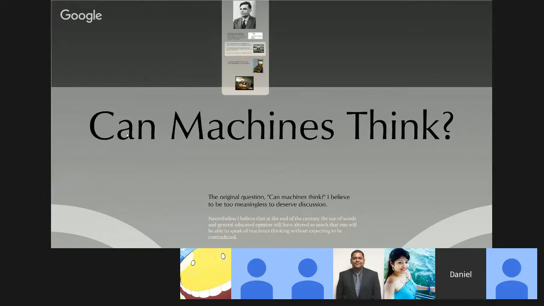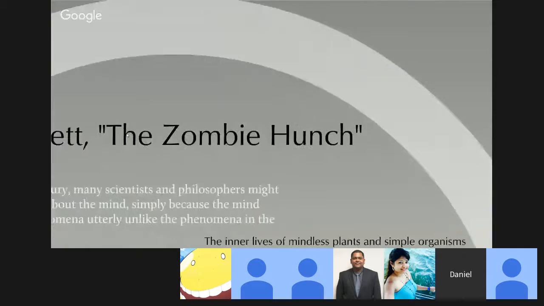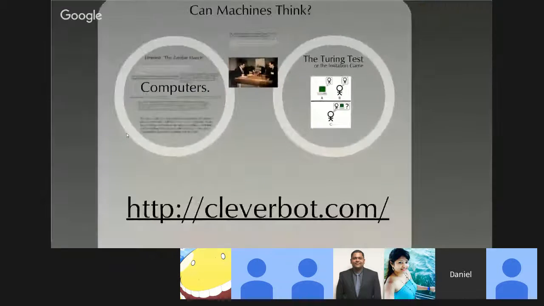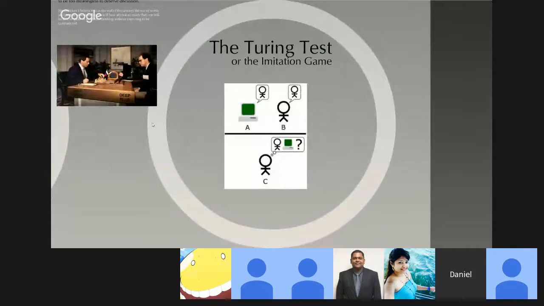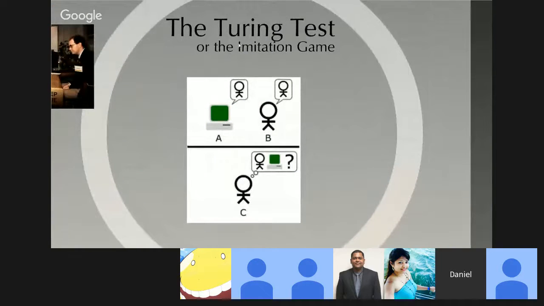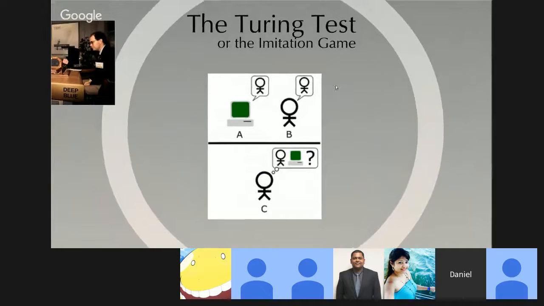So what Turing suggests instead is to replace the question, can machines think, with a different question. The question he prefers is, can machines pass the imitation game? The imitation game comes to be known as the Turing test. He didn't call it the Turing test himself, he called it the imitation game. In the original version of the imitation game, it's a woman and a man, each trying to convince a judge that they're a woman. So the woman's trying to convince the judge that she's a woman, and the man's also trying to convince the judge that he's a woman. And the idea, this is a parlor game. This is the kind of game that people played before they had TV.